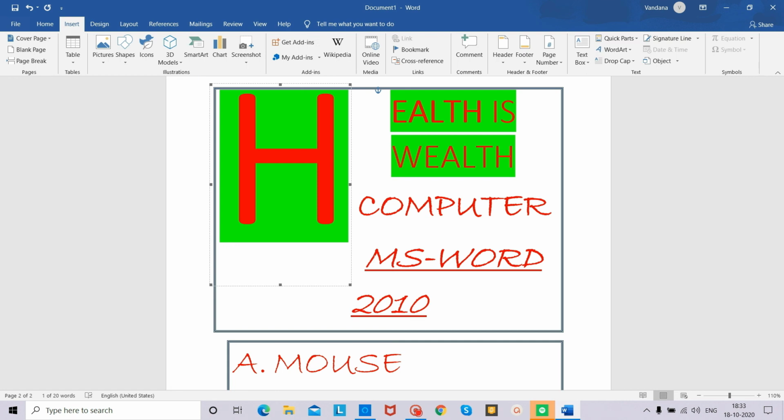And now let's quickly recap what we have learned. We have learned MS Word from this topic with many options for formatting the text matter. Formatting the text stands for changing the appearance of text matter to make it attractive.